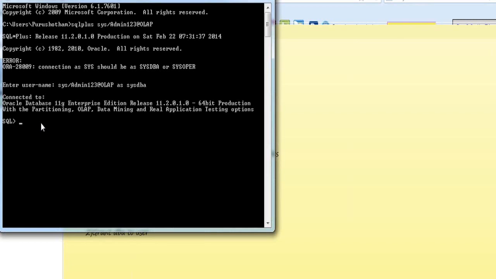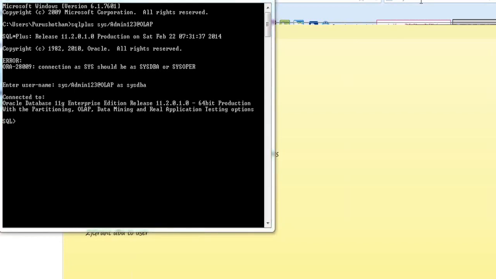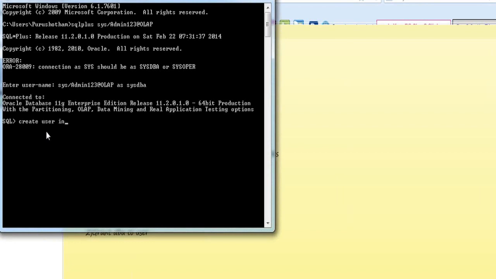Once you log in as a sys user, then you have to create the user. So I'm creating a dummy user, just for a demonstration. I'm creating a user info_big, identified by